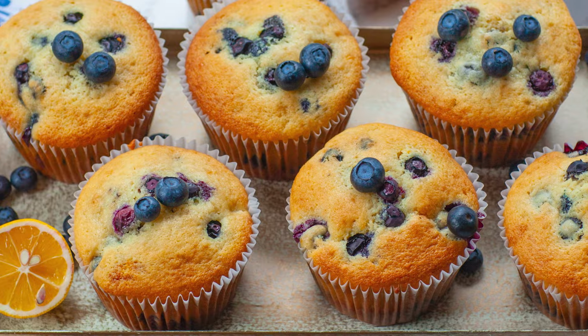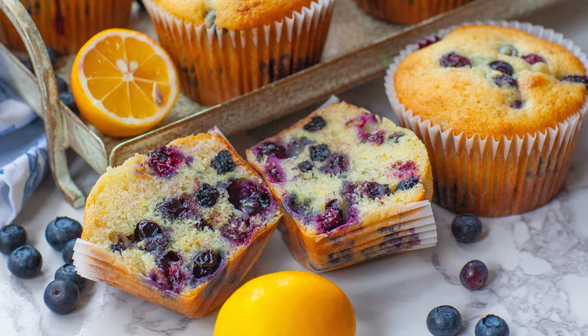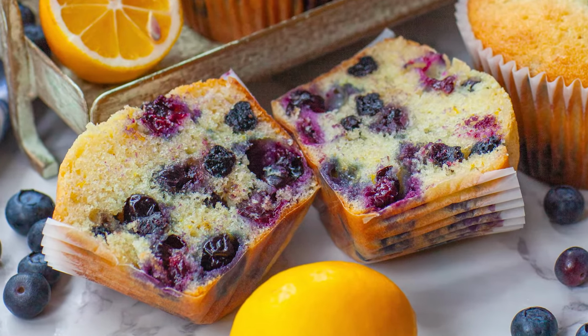I am back today with an easy and delicious dessert recipe for you. We are going to be making my lemon blueberry muffins, and these are hands down my absolute favorite muffins. If there's an assortment of muffins on the table, I will always go for the lemon blueberry ones. These jumbo Costco-style muffins are like the Costco version, but better because they're homemade and they have all the best